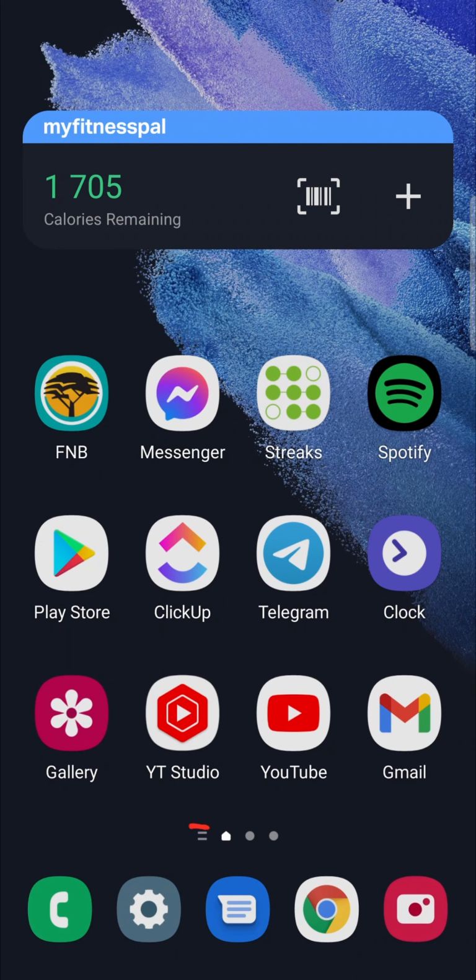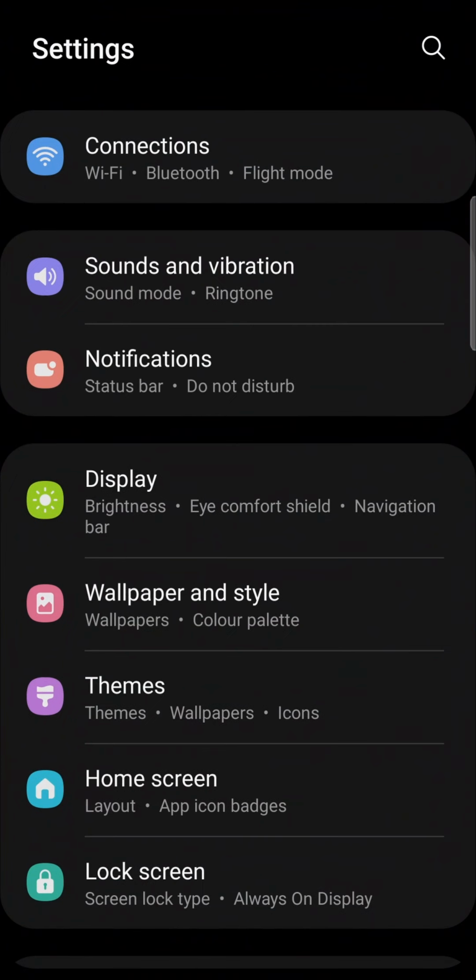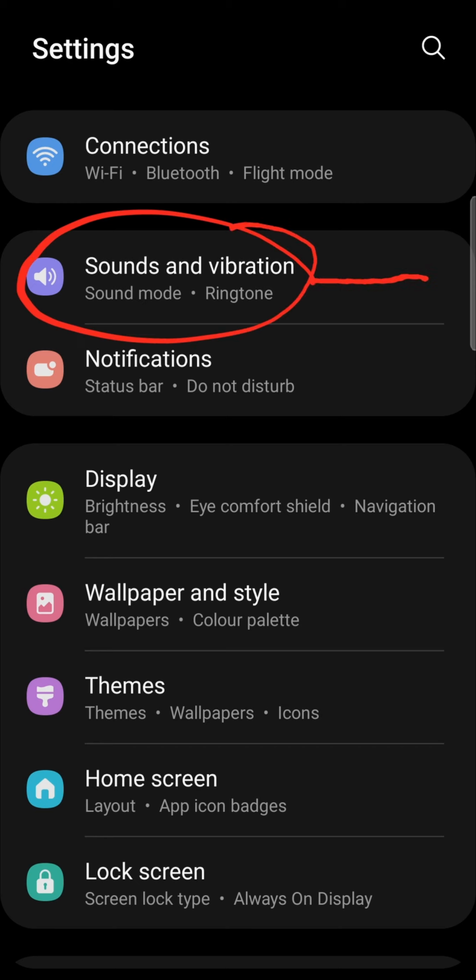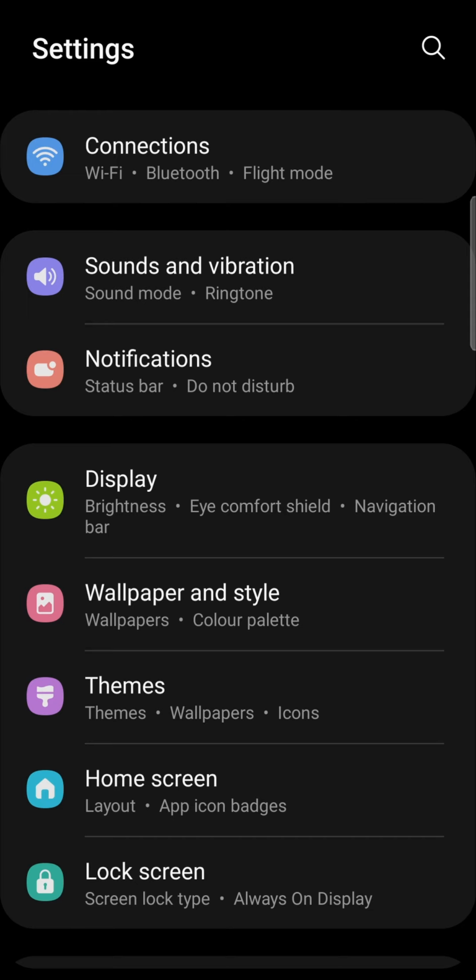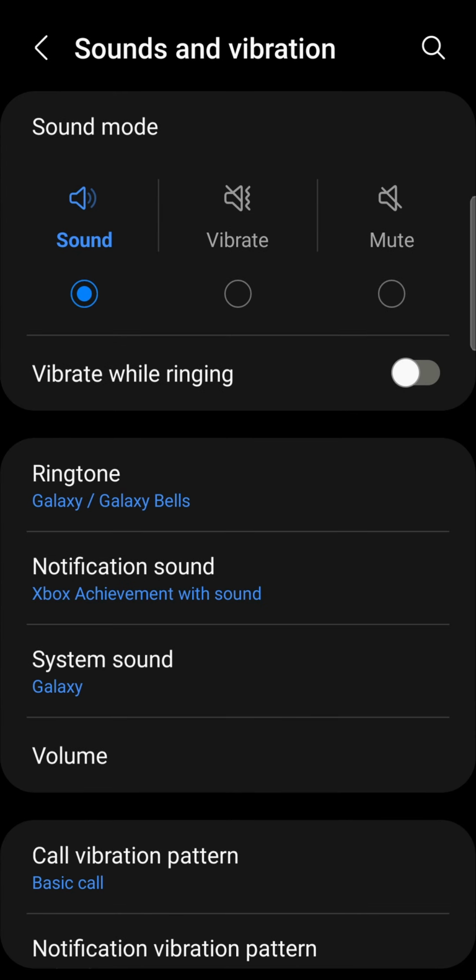So you want to go to the settings app within your phone. So mine is right over there. So I'm going to tap on settings. Once you're on the settings page, you just want to find the option here that says sound and vibration. So right there, it's near the top of your settings. Tap on sound and vibration, and then you want to tap on the option here that says volume, and then